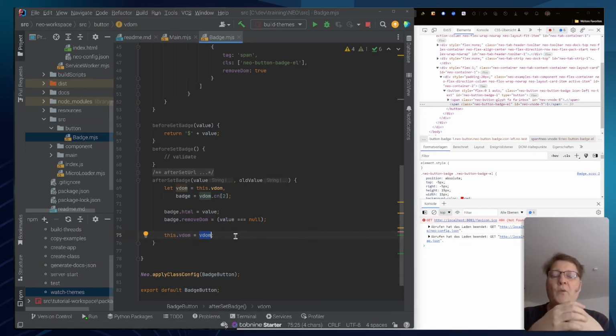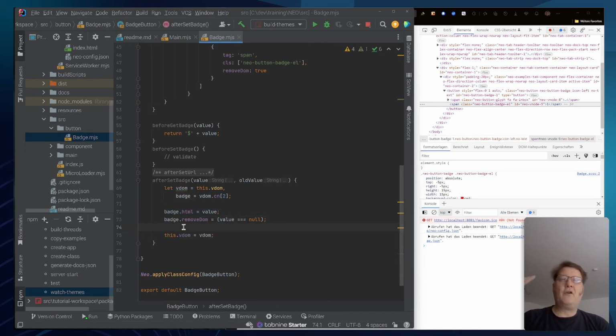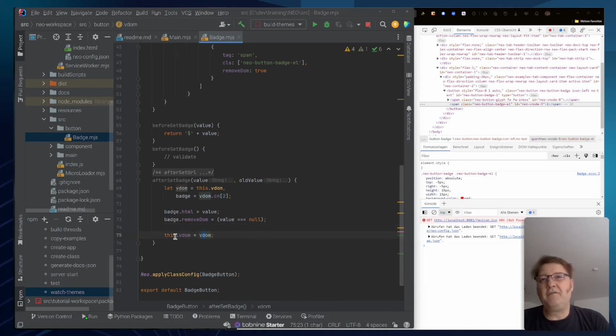And now we are going for the bulk update. And this is really cool. If you would always, by changing things in here, update the DOM, then for each item which you change, you would run a DOM update. But now, by saying this set vDom equals to vDom, this set vDom out of the box runs an update on the DOM. Never before you run this line, anything will happen to the DOM. So as soon as you run this command,